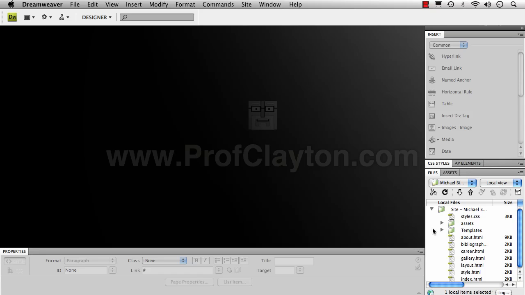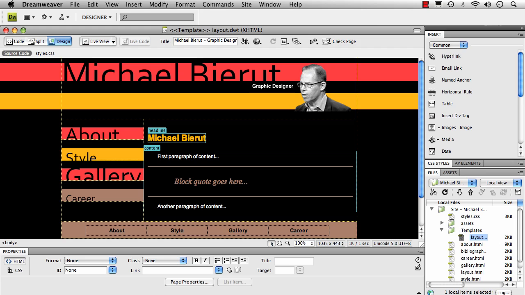Okay, now that we've got the template created and we've made all of our pages from the template, we need to go back and edit the template so that it links to each of the individual pages. So I've got my pages all listed out here, and so I'll open up my template, and then all I need to do is just select the navigation, make sure that it's selected here,